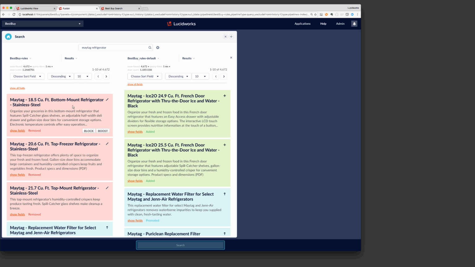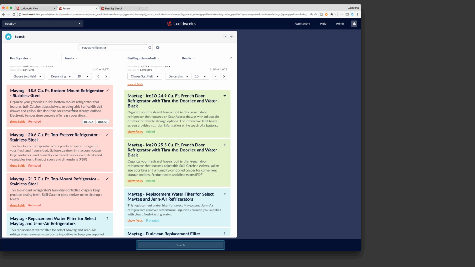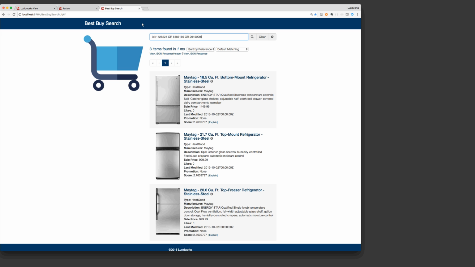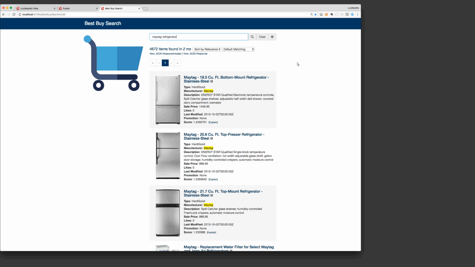And here you can clearly see that the 3 inside the rules pipeline are boosting to the top. So it clearly illustrates with this color coding that the rule has fired, and in fact we've got 3 documents that exist here but not in a pipeline that doesn't have rules firing. So that's an example of that particular rule firing, and you can do the same thing here when you fire Maytag refrigerator and get those promoted at the top, the 3 stainless steel, and then the rest of the products themselves. Now we're going to look at a block list rule,